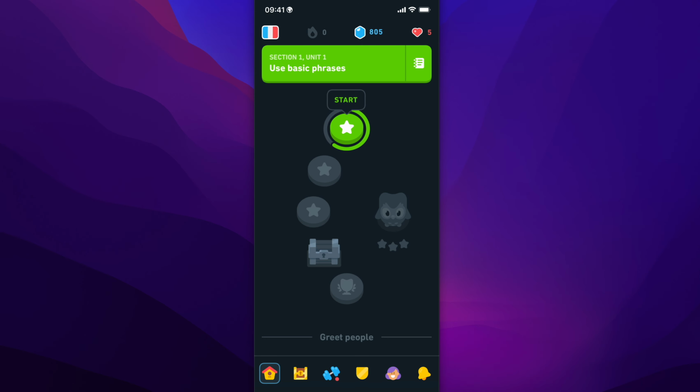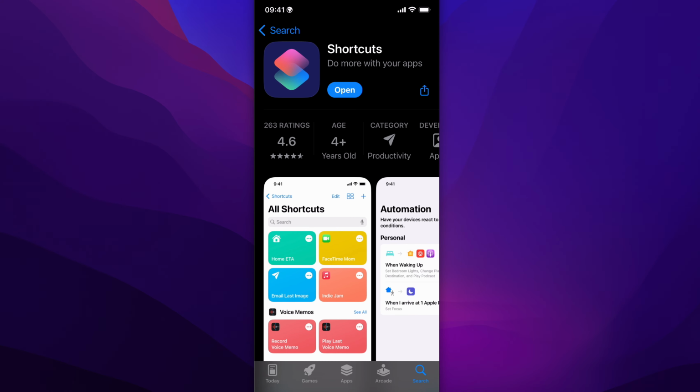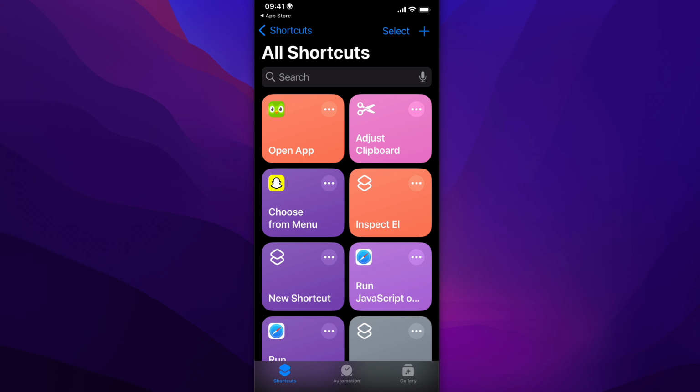In this video, I will show you how to change the Duolingo icon. So the first step is to simply close Duolingo and then open this app which is called Shortcuts. Now this app is completely free. After you install the app and open it, you're going to have to tap on this plus button